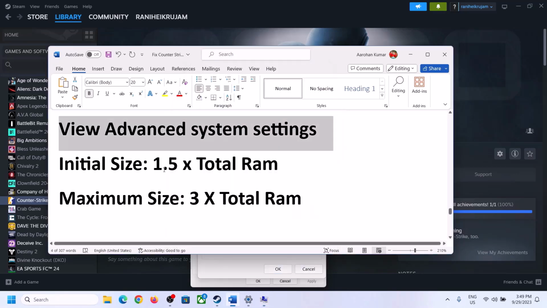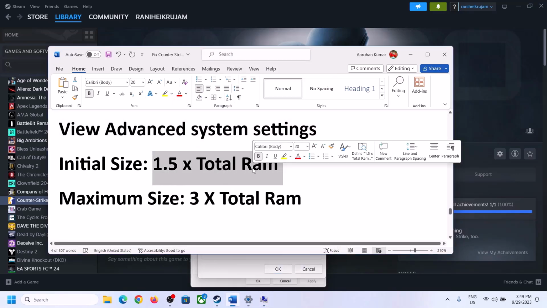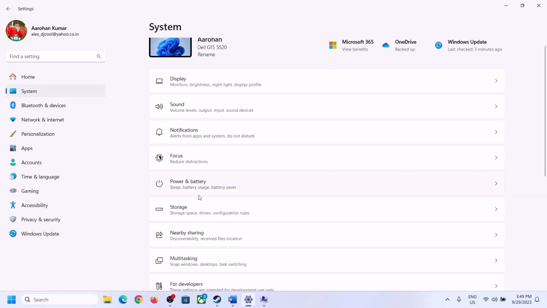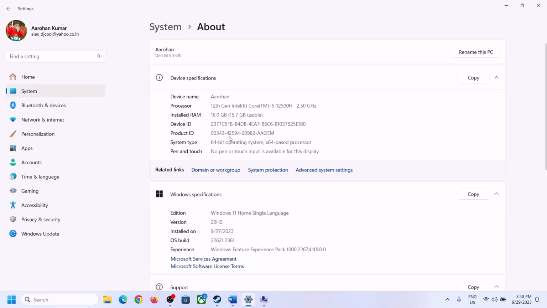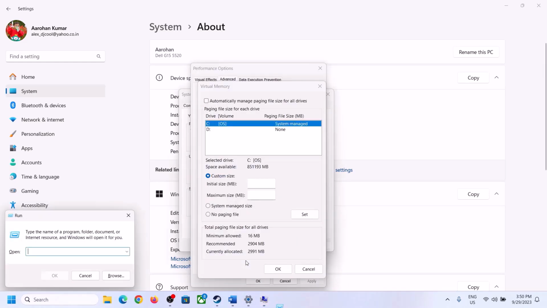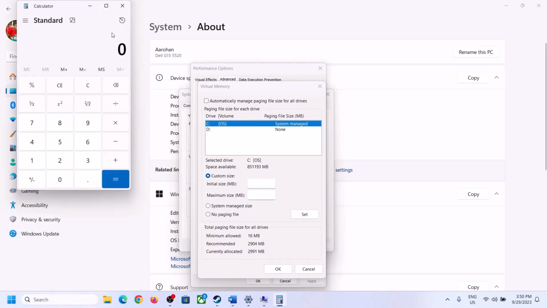for initial size it's 1.5 into total RAM. So you can check the total RAM in Windows settings. You can go to system and then go to about, and total RAM in my case is 16 gigabyte. So you can calculate accordingly. In my case it's 16 GB, so I will calculate as per 16 GB. And first of all we have to convert 16 GB into megabyte. So we will open calculator. So type in calculator in run box and then click on OK, and over here